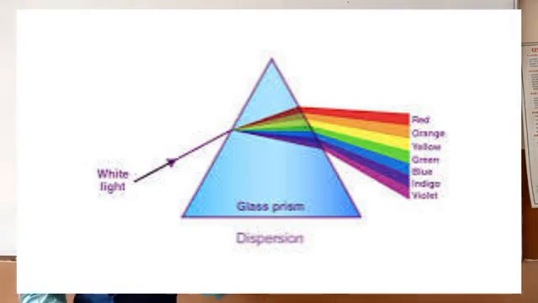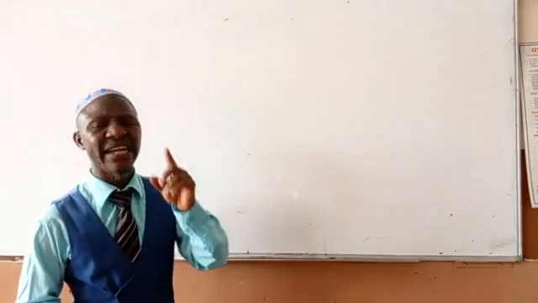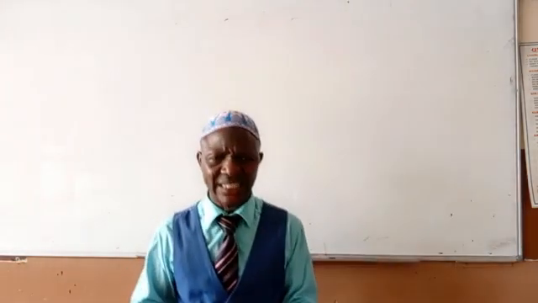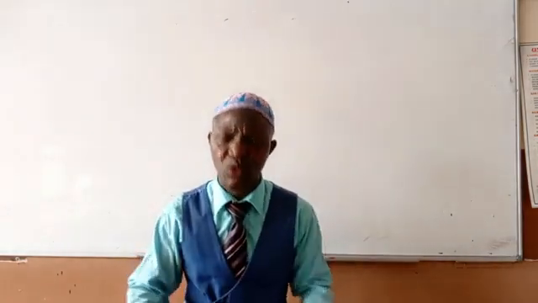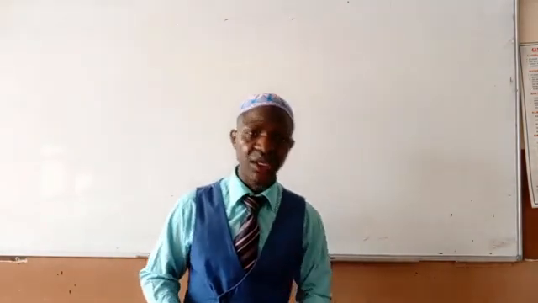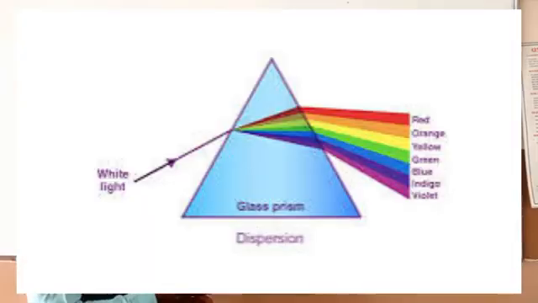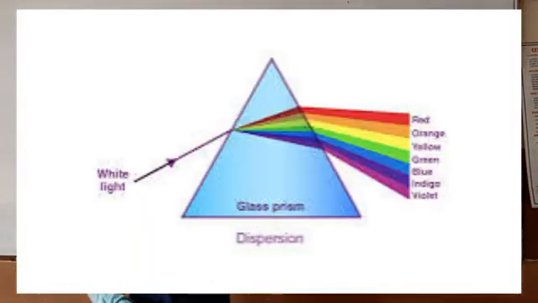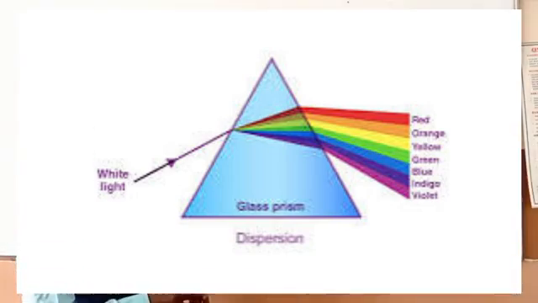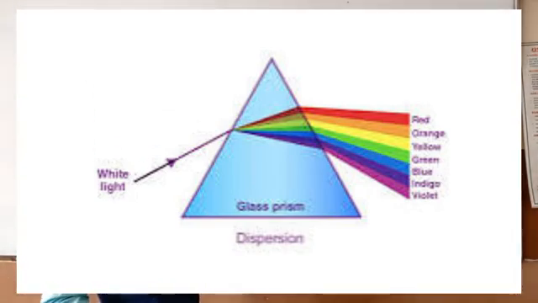Not only that, when the colors enter the glass, they will move with different speeds, and the rate at which they are going to refract inside the glass will be different because they have different speeds. You can see the one that refracts least is that of red light, because it is the one that has the higher speed in the glass. But the one that refracts most is that of what? Violet, because it is the one that has the least speed in the glass.